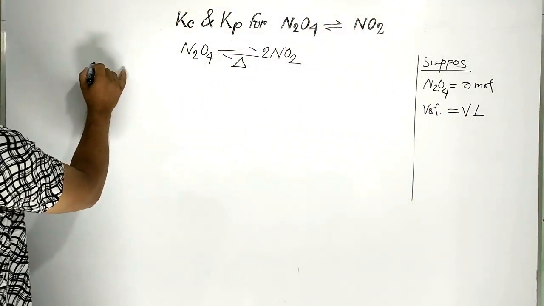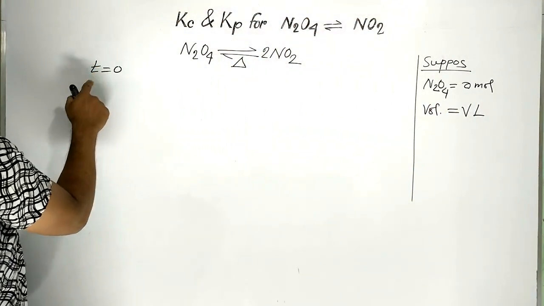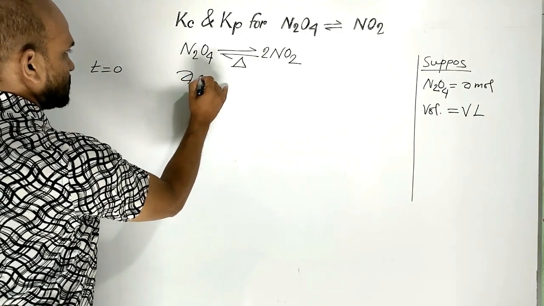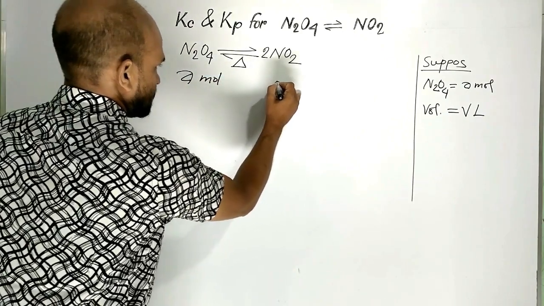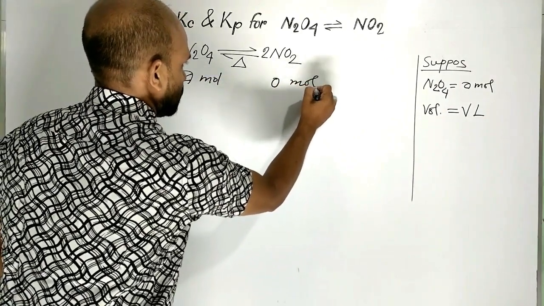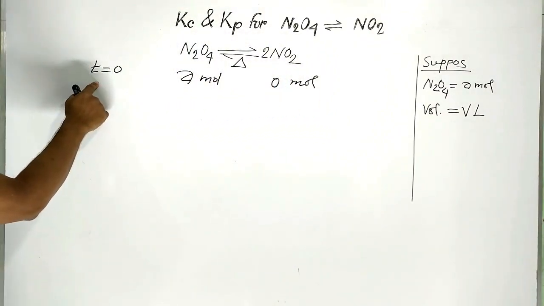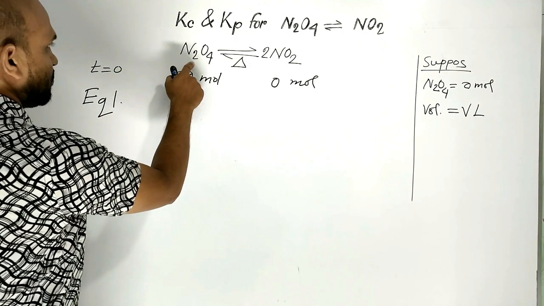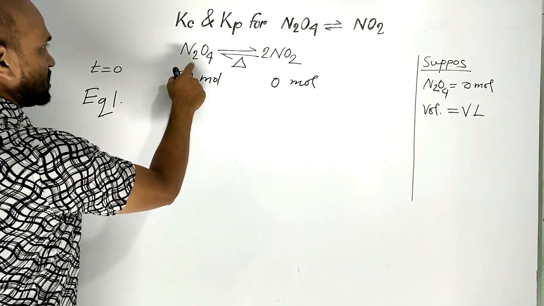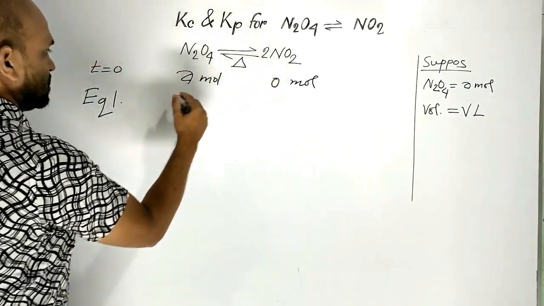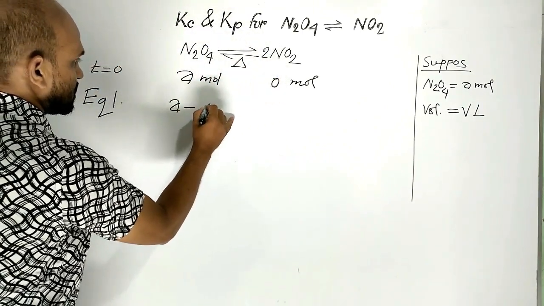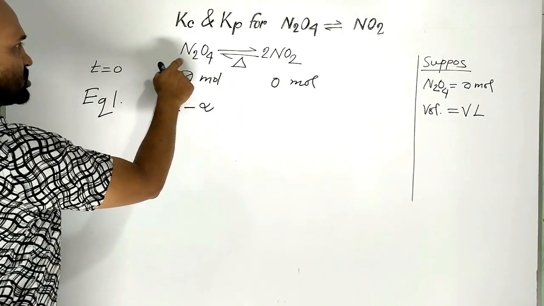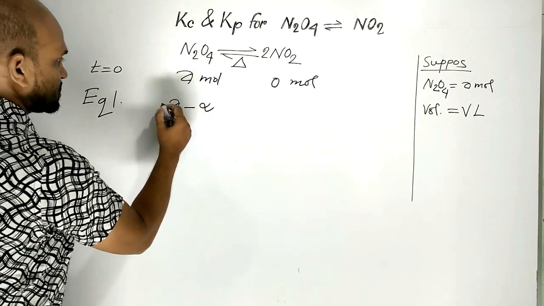Then we can write at the initial stage, when time is 0, this is a mole and this one will be 0 mole. But at equilibrium, some amount of dinitrogen tetroxide is converted to product. Suppose this is alpha mole, then the remaining number of moles of dinitrogen tetroxide is A minus alpha mole,